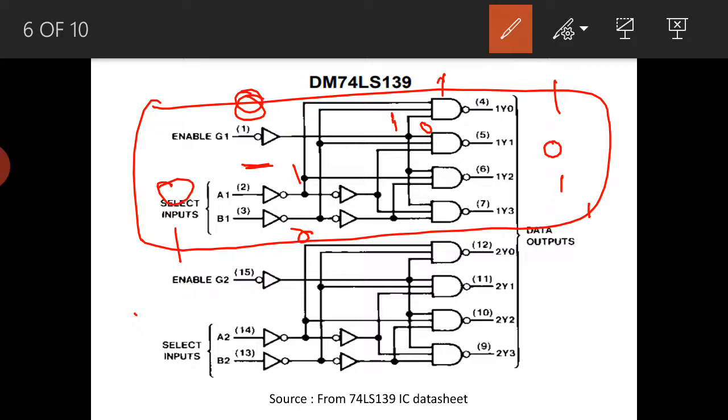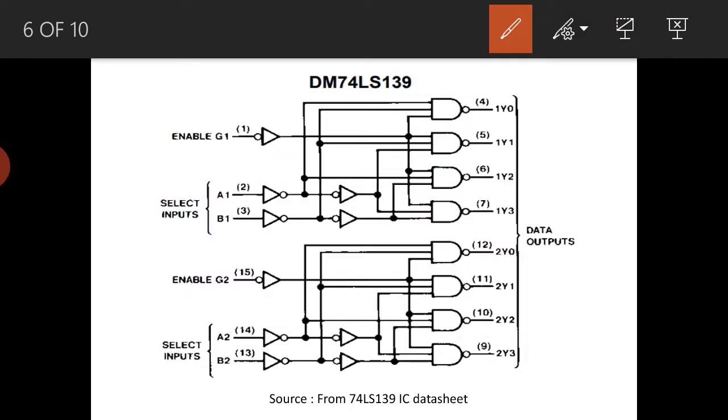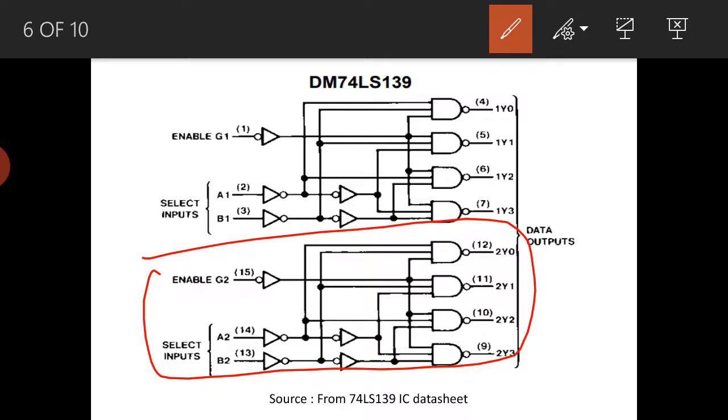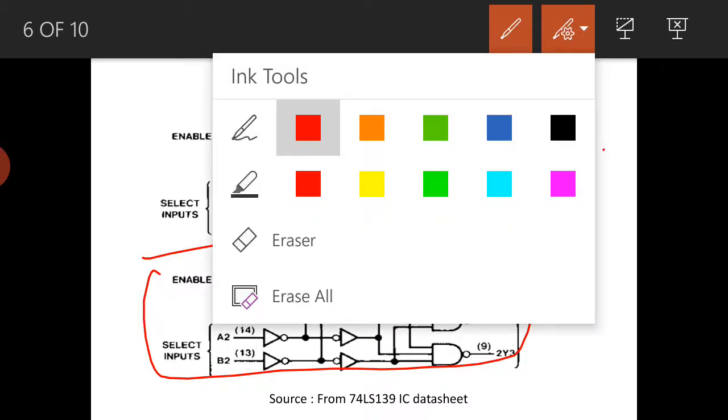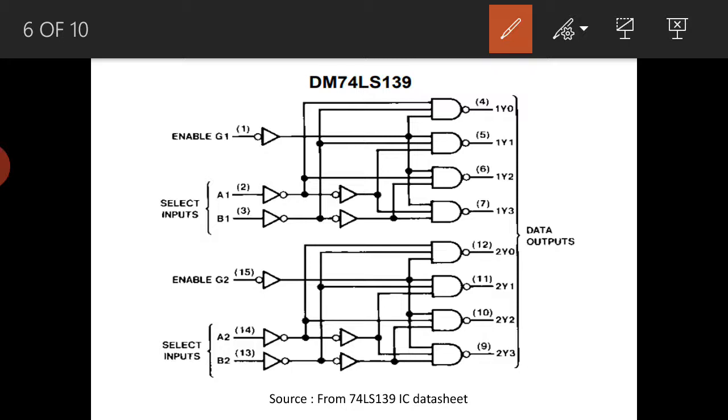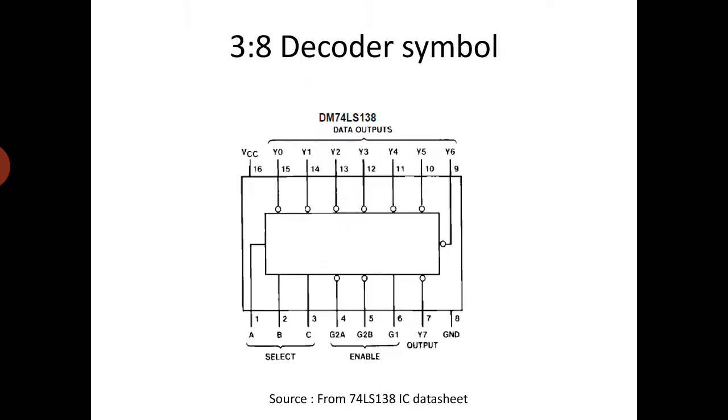Okay, and these two are inputs and these are the outputs here. This is how we verified with one of the decoders. Similarly, it will be the same thing in the other part of the decoder also. Okay, this is how the truth table is. Decoder logic is implemented through the basic gates. This is how the logic circuit of the decoder, the truth table and the function, we have seen. Okay, the next one.